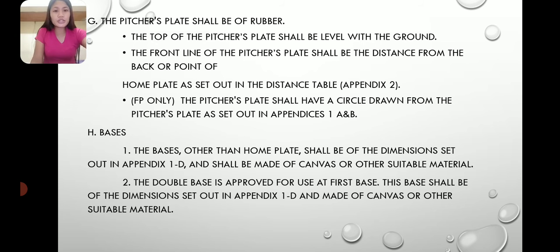G. The pitcher's plate shall be of rubber. The top of the pitcher's plate shall be level with the ground. The front line of the pitcher's plate shall be at a distance from the back point of home plate as set out in the distance table, Appendix 2. FP only. The pitcher's plate shall have a circle drawn from the pitcher's plate as set out in Appendix 1A